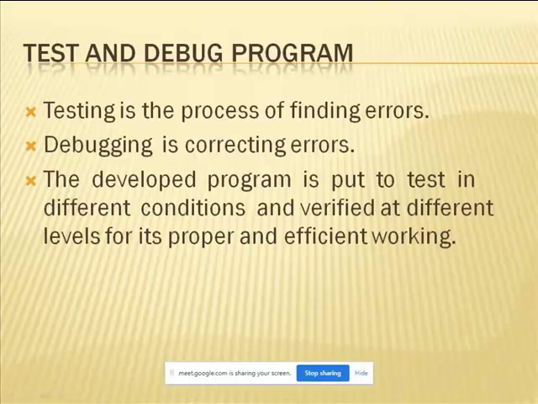Here, once you have completed the program and everything, comes testing and debugging. Once you successfully complete the preparation of tea, you have to test whether the tea is good or bad. Whatever it is, some output comes out, then you have to verify whether it gives the right output or wrong output. So what you need to do is test and debug the program. Testing means checking whether it is a good result or not. If it is a bad result, then you need to debug it.